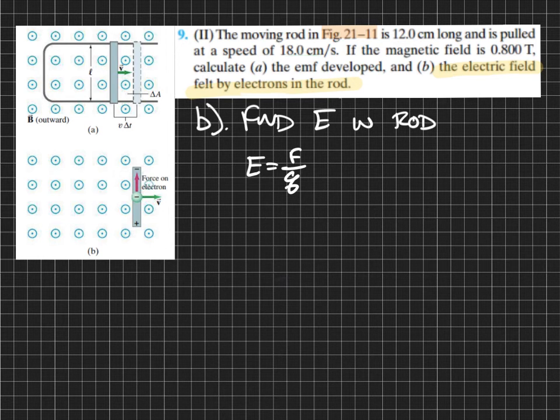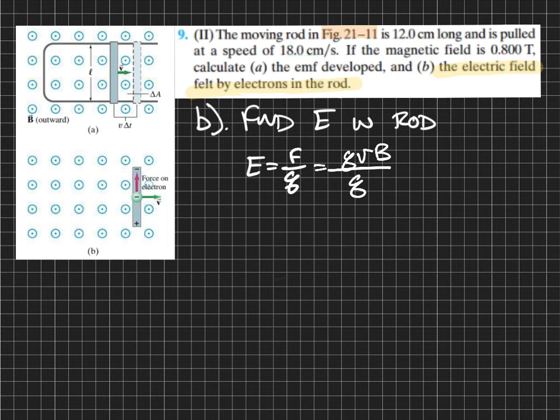We already said that there is some force pushing up on these electrons. We would assume that it's a magnetic force producing that, so the force pushing them upwards would be QVB